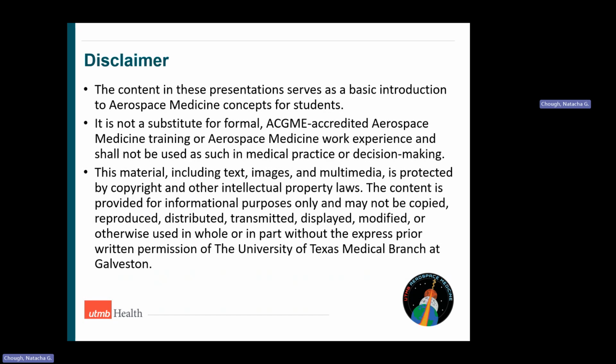This material, including text, images, and multimedia, is protected by copyright and other intellectual property laws. The content is provided for informational purposes only and may not be copied, reproduced, distributed, transmitted, displayed, modified, or otherwise used in whole or in part without the express prior written permission of the University of Texas Medical Branch at